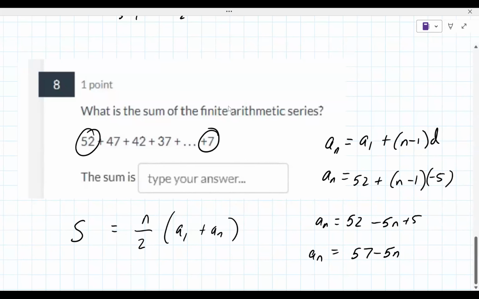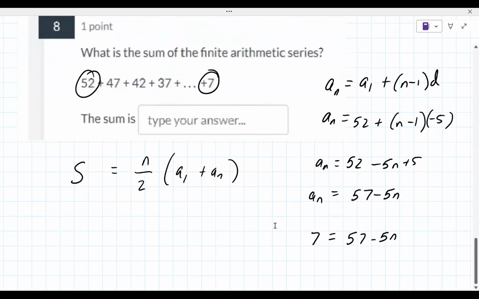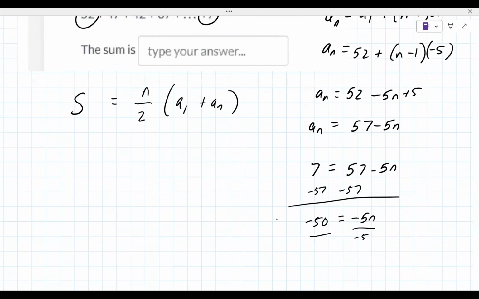Now, if you're wondering why we are writing the formula or the equation here, it's because we want to know what n is to get to the last number. So if you put 7 in for the last number, you can solve for n. Subtracting 57 from both sides, negative 50 equals minus 5n, divide by minus 5, and you end up getting n equals 10. So now we know there's 10 terms. We can find the sum of the first 10 terms. 10 divided by 2,